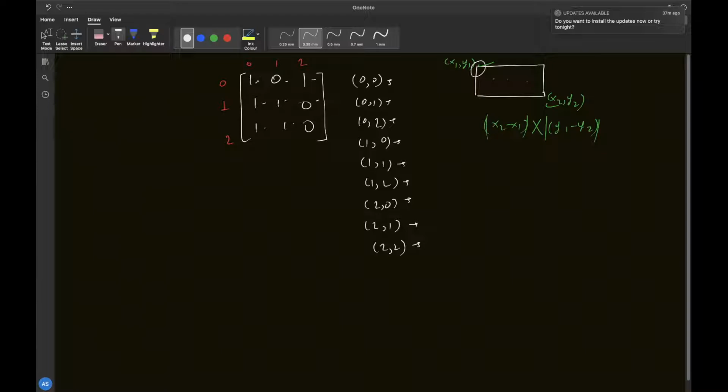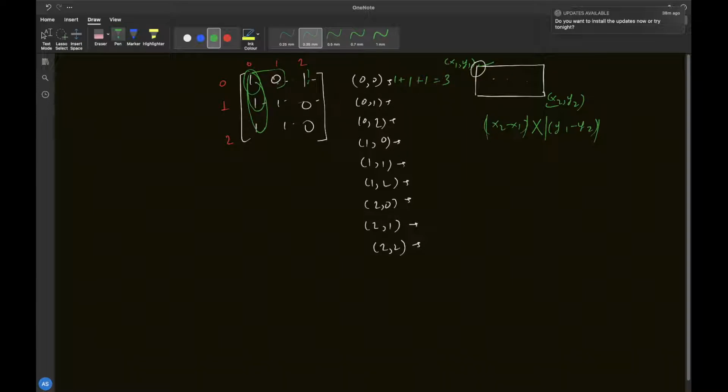So for 0,0, what are the rectangles that we can make? We can make 1 here, then 1 here, and then we can have 1 here, right? Can we add this? No, because it is 0. We cannot include this one as well, because then it will again be 0. Can we include this as a bottom right? Again, no, because this 0 will coincide here. So with 0,0 as your top left corner, you can have 3 rectangles possible.